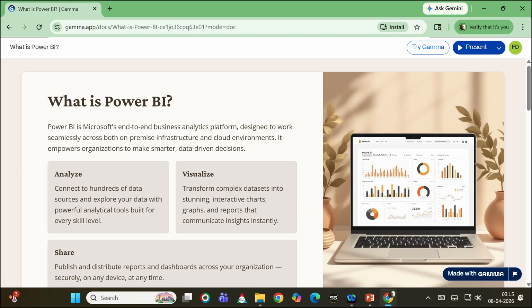We are going to see about Power BI today. So, before getting into Power BI, let's see what BI is first. BI means business intelligence. What is business intelligence? Business intelligence is a set of technologies, methods, and processes for analyzing the data, visualizing the data, digging the data, and finally taking the insights out of it.